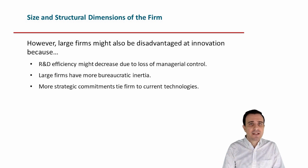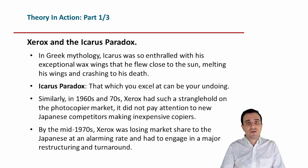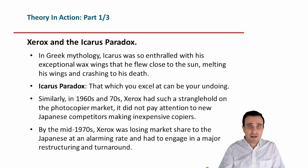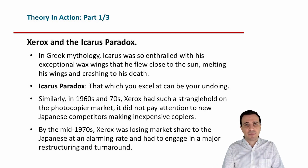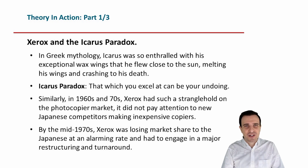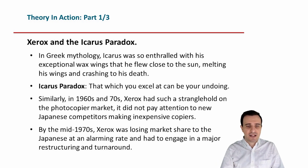There are examples of this. One example is, for instance, Xerox. Xerox was a very successful company, and it fell into what we define as the Icarus paradox. This comes from Greek mythology, because Icarus created basically a sort of primordial aircraft, but then he flew too close to the sun, and everything collapsed, and he fell down from the sky